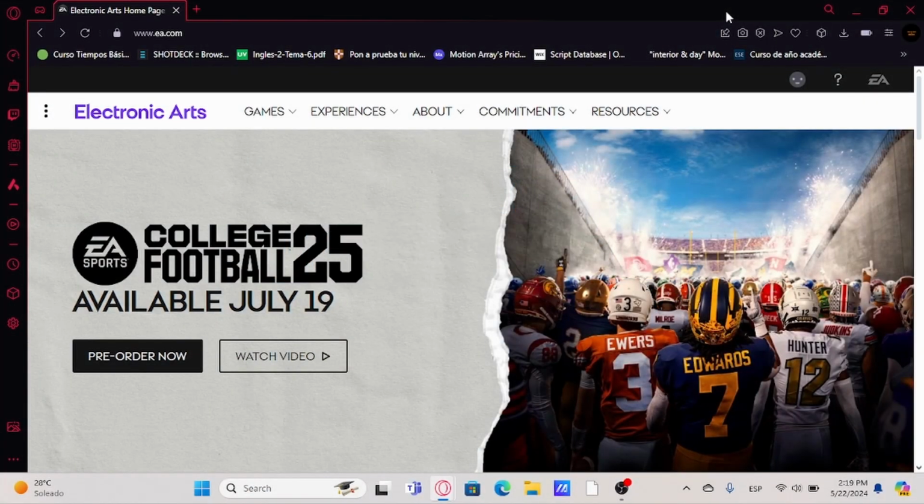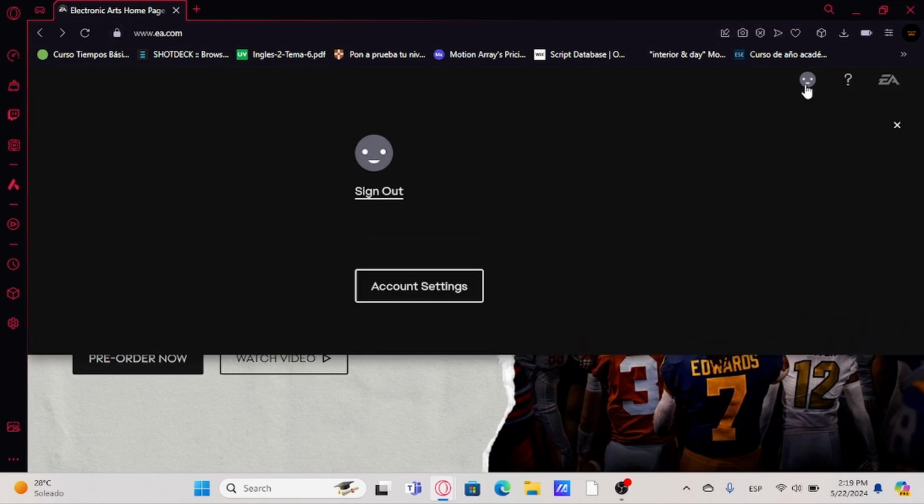Today we will learn how to change your email address on the EA page, in the EA account. When you enter www.ea.com, you need to log in to your account, and after that you need to go